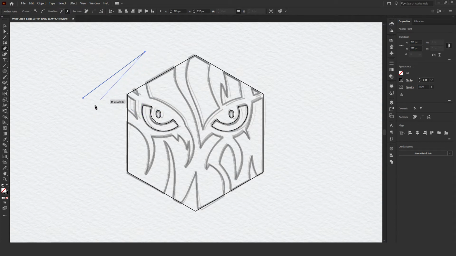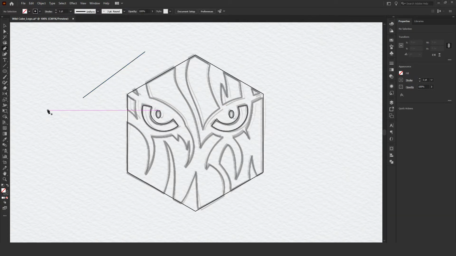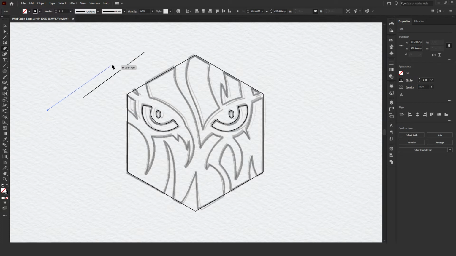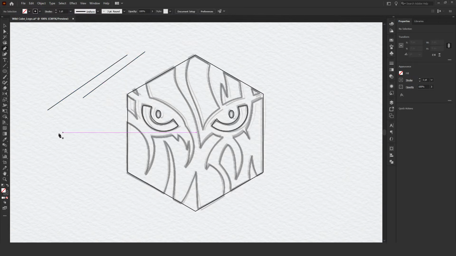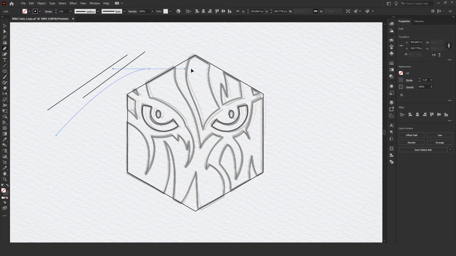Now this line can be straight or curved. If you click once like this and this, then a straight line will be created. Or if you click once here and click and drag like this, a curve will be created.